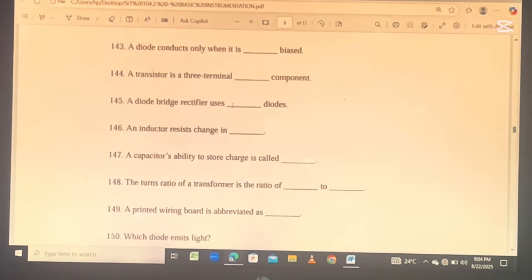A capacitor's ability to store charge is called capacitance. The turns ratio